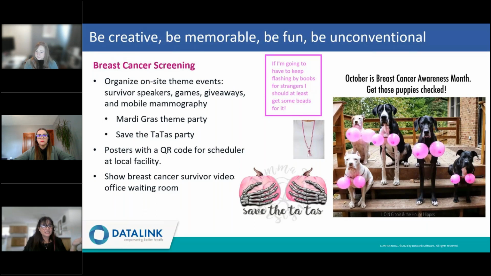Think about having breast cancer videos in the waiting room. You never know how one of these things can maybe encourage a patient that might have been reluctant to have a test done. And that can possibly prevent them from having breast cancer. I'll never forget the story of Amy Robach, the Good Morning America correspondent. She was actually diagnosed with breast cancer after undergoing an on-air mammogram, and she was just doing it to encourage viewers to get checked. So you never know how you can actually have an impact on those patients. The next slide is going to talk to you about colon cancer screening.